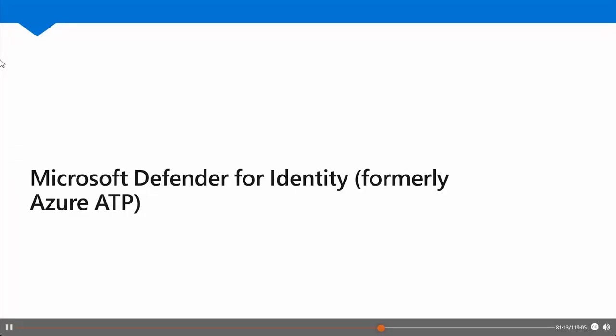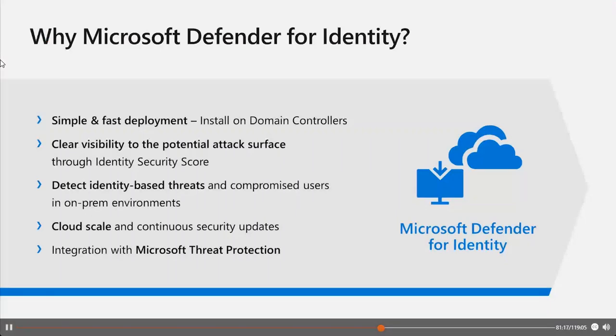One question you could have is why I should use Microsoft Defender for Identity. That's really a very simple and fast deployment, because you just install an agent on your domain controllers. Obviously there is another deployment model available that you can work with port mirroring to put the load to a specific server, but it's quite an easy way really to include your domain controllers